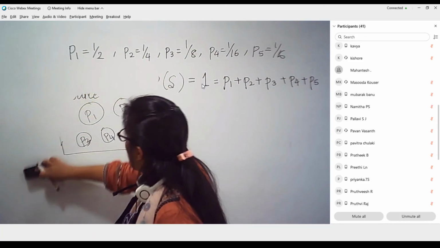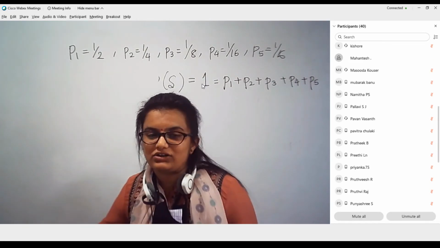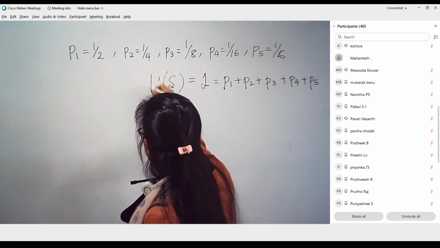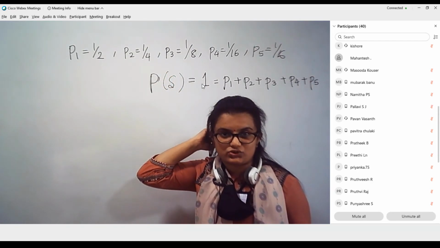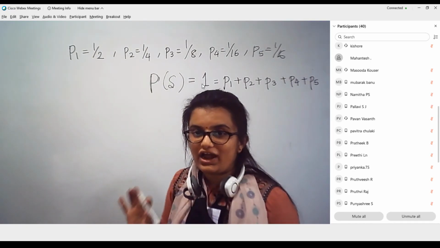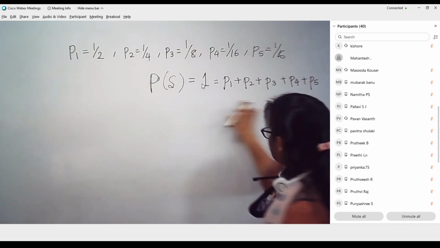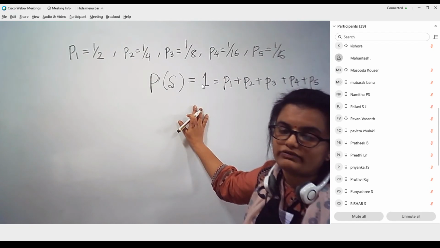So thus all the probabilities will sum up to a value equal to 1. Therefore this is an ideal source and it's a valid source. If this is not equal to 1, then it is not a valid source at all. You cannot use such a source. It will be a biased source. So you cannot use that. So it should always be an ideal source where all the probabilities of the message signals, when they are added together, amount to a value equal to 1.